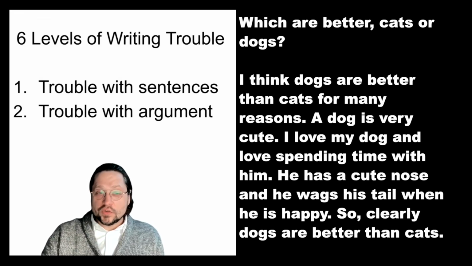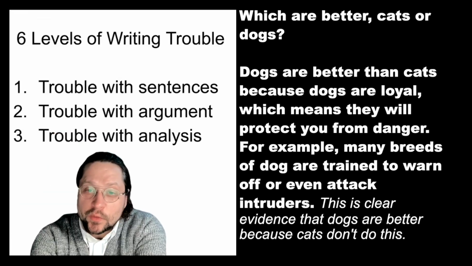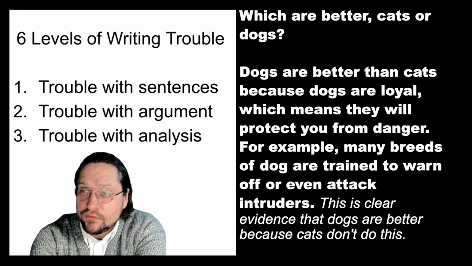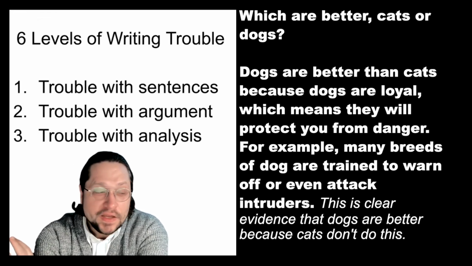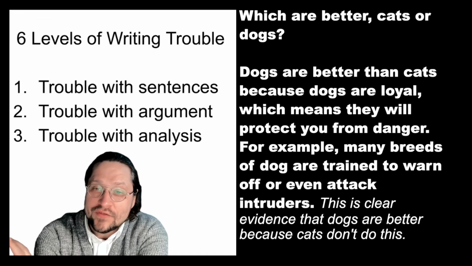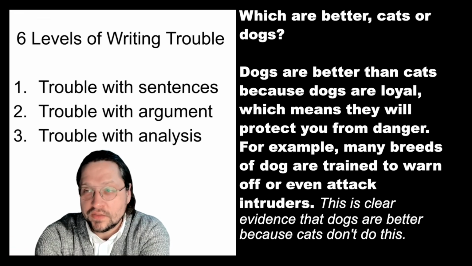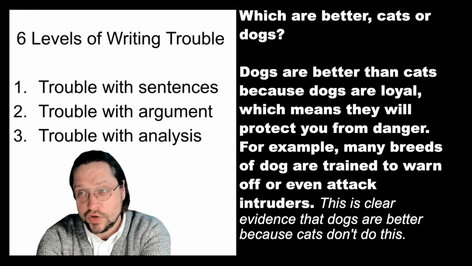Once you have understood how to make an argument, then you've got to know how to support it. Most people find it relatively easy to find evidence. And many people think a fundamental element of argumentation is evidence, but evidence is not necessarily part of an argument. Evidence is supporting an argument. Analysis is how you connect the evidence to the argument. We all understand that the temperature on the thermometer is evidence that it's cold or that it's hot. But you need to connect the dots and say, because it's this temperature, it proves that it's hot.